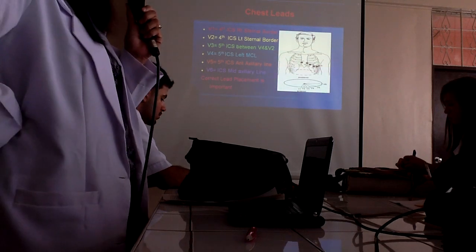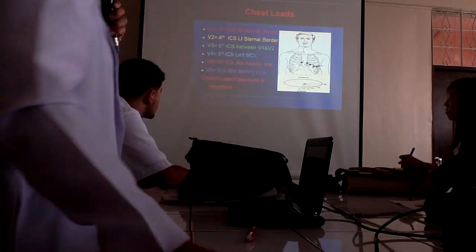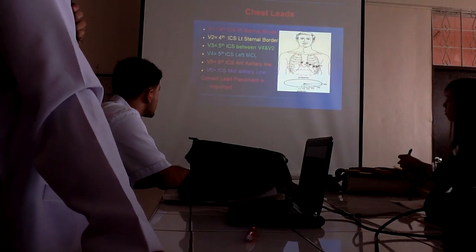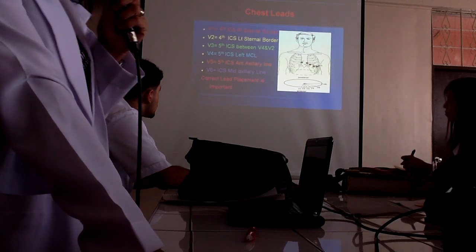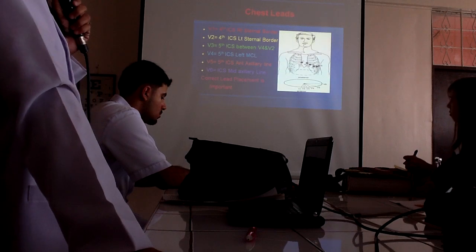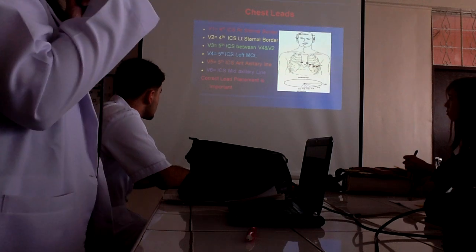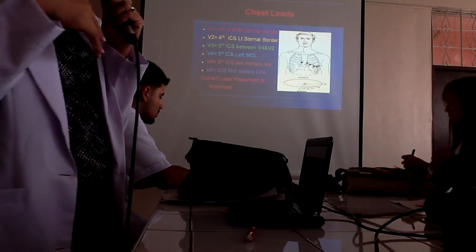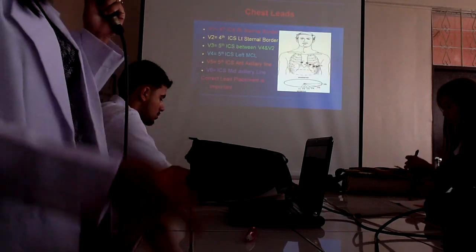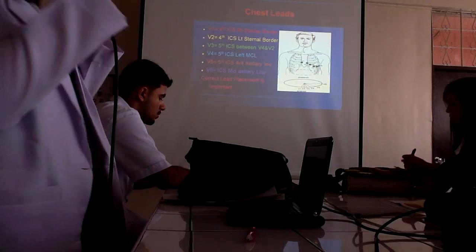Okay? Your nipples. But those are for the usual location. For those who have pendulous breast, that's a different story. Okay? Now, for V2, you have your 4th intercostal space, exactly the same area as your V1, but it's on the left sternal border. For V3, you have your 5th intercostal. Usually, we put V4 first before we put V3. Because your V4 is on the 5th intercostal space, left mid-clavicular line. So your clavicle, the middle one going down, that's your mid-clavicular line. And then in between V4 and V2, that is where your V3 should be.